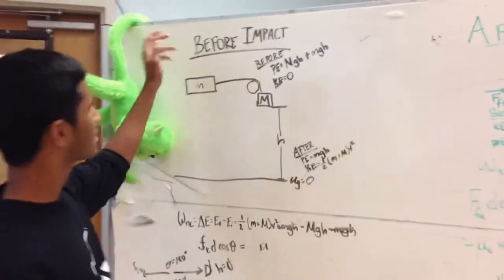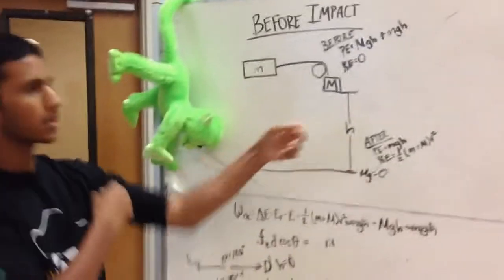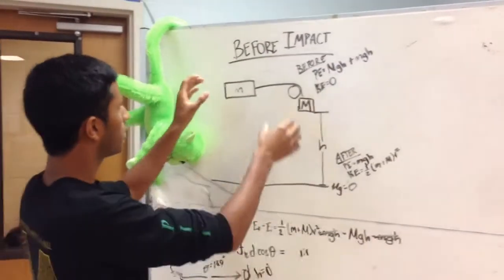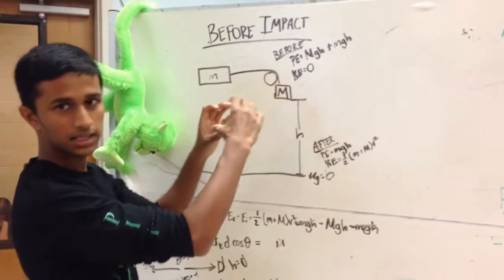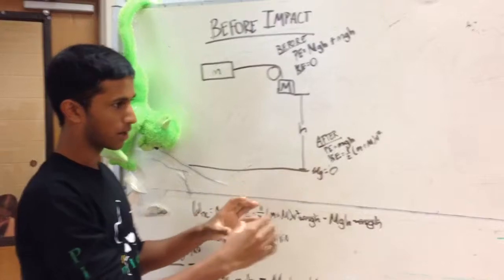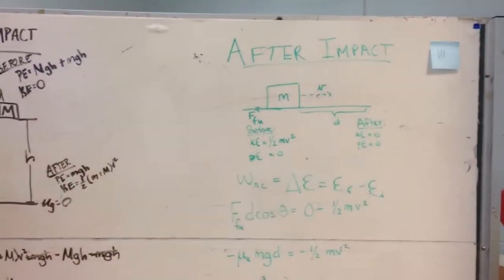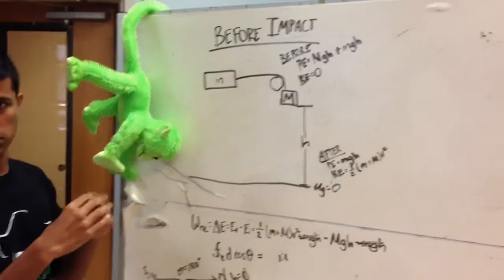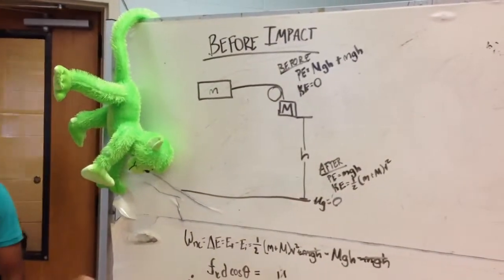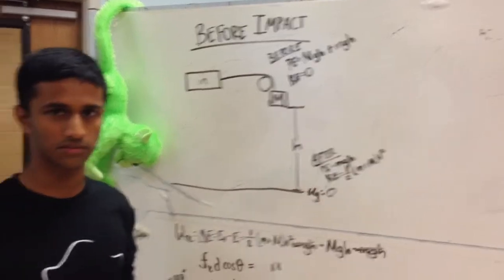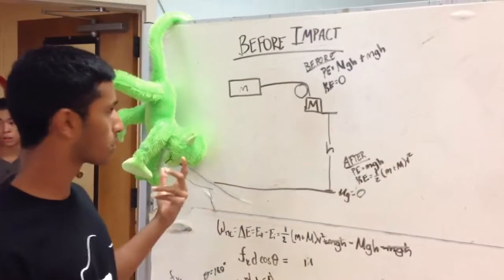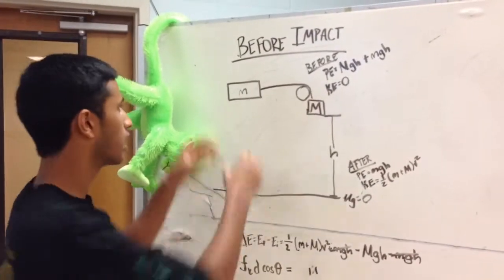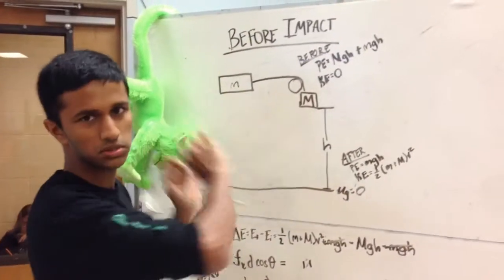Okay, so this is our first setup. Basically, in this problem, we have two setups. One, when the hanging mass travels just before impact, and then after impact. Because after impact, the mass on the table will still have inertia, and the distance it takes to slow down to zero can give us the force of kinetic friction. Because if there was no force of kinetic friction, then after this hit the ground, this mass would just keep